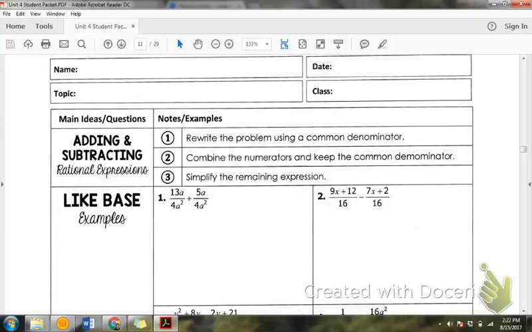Alright, so we have already multiplied and divided both rational expressions. So the next thing to do is to add and subtract rational expressions. So this is lesson 4.3. Add and subtract rational expressions. So you can put 4.3 here at the top. Add and subtract